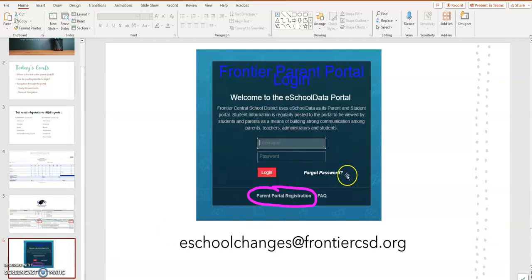And then last but not least, just a little refresher, when you go to the district website, this is where you log in. But if you do not yet have a login, you have to register. And if you ever have any issues logging in to eSchool, please email